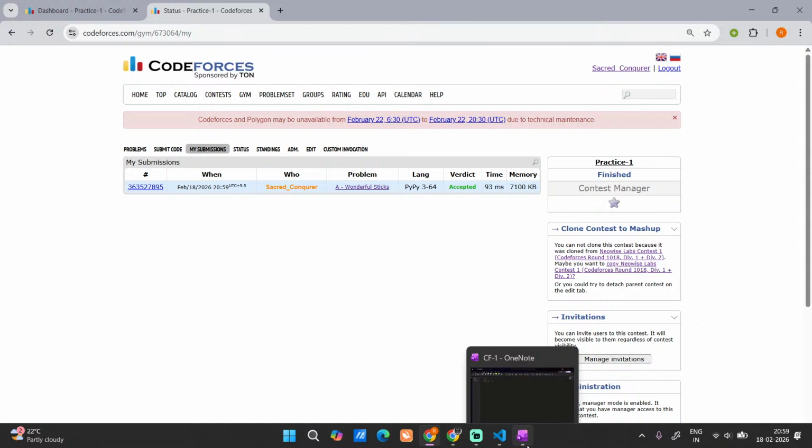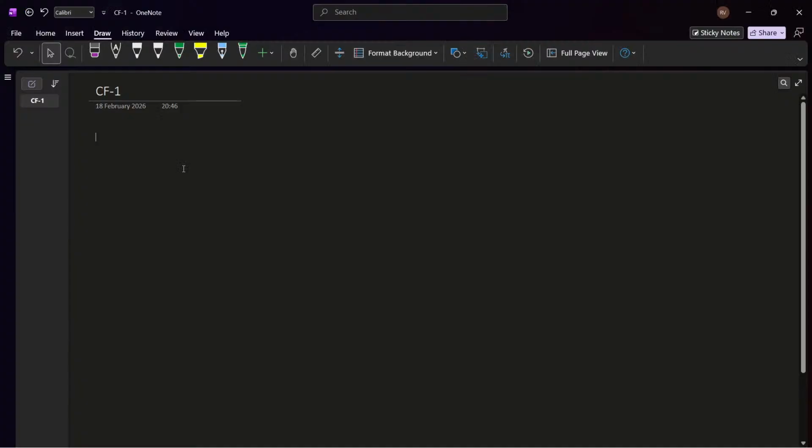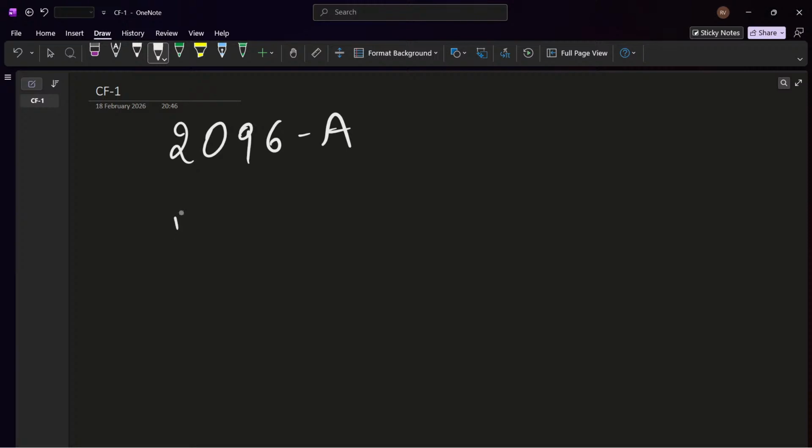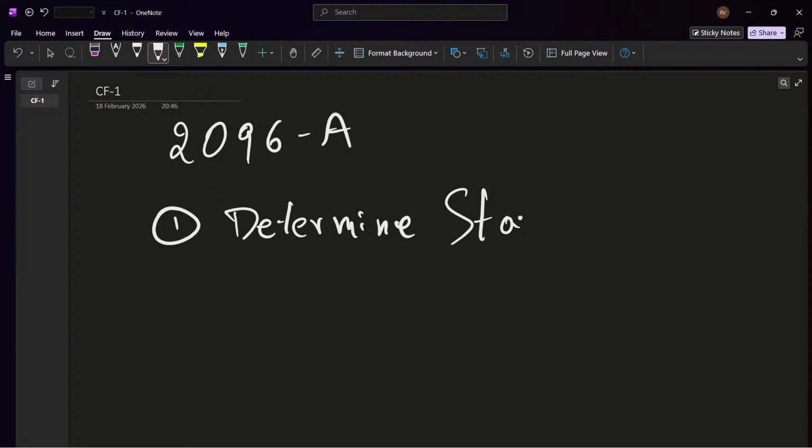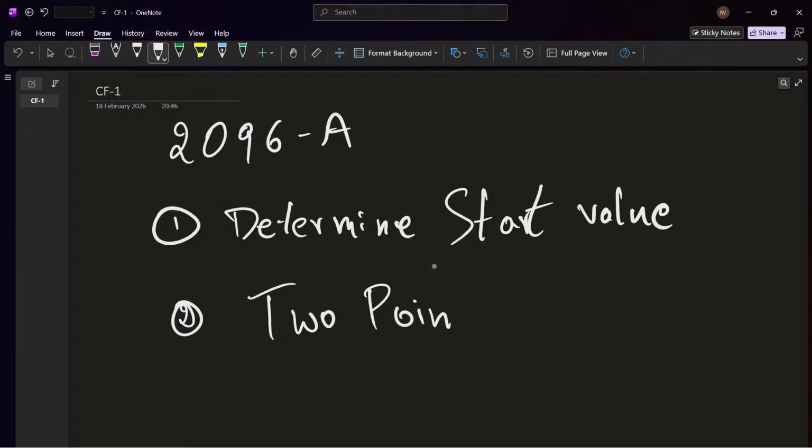Basically, the first step is we determine our starting value. And then our second step here is two pointer expansion.